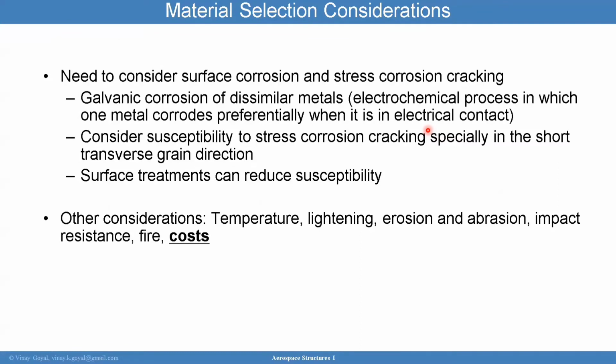We also want to consider surface corrosion and stress corrosion cracking. Galvanic corrosion of dissimilar metals can be an issue. And stress corrosion cracking, especially in the short transverse grain direction, can be an issue. And I will be talking about galvanic corrosion quite a bit coming up. But other considerations I need to keep in mind are temperature, lightning, erosion and abrasion, impact resistance, and fire, and also cost. And I'm making that bold because you may choose the most advanced system in the world,